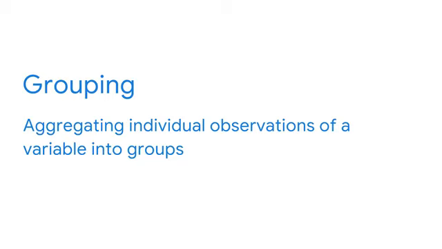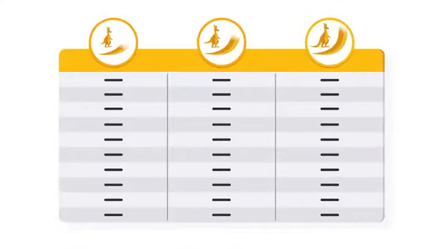Grouping is our next structuring method. Grouping, sometimes called bucketizing, is aggregating individual observations of a variable into groups. An example of grouping is to add a new column called total body length next to the kangaroo tail length column. Then, group all the tail lengths into 3 types, long, average, and short, based on the measurements in the tail length column. You can now find and organize the total body length values based on the kangaroo tail length groups. The last structuring method is merging.